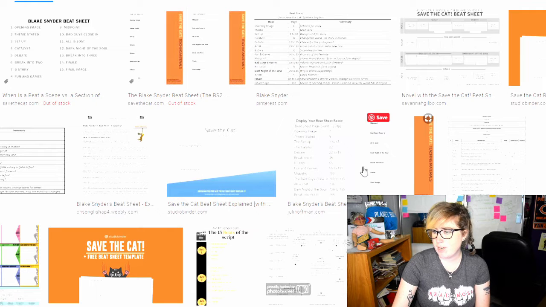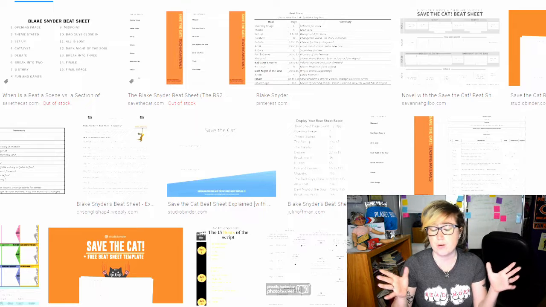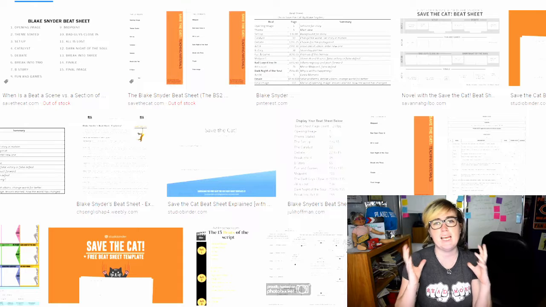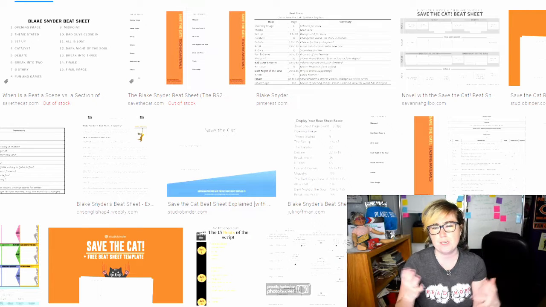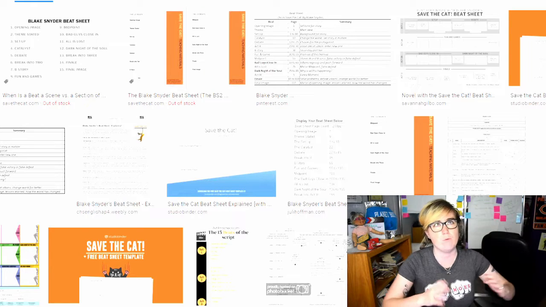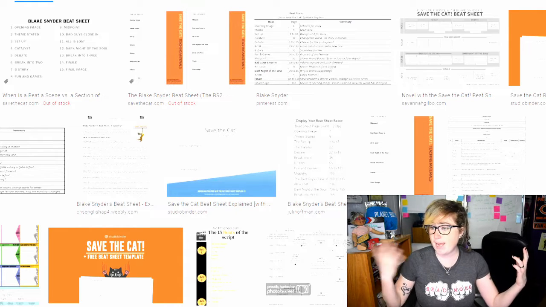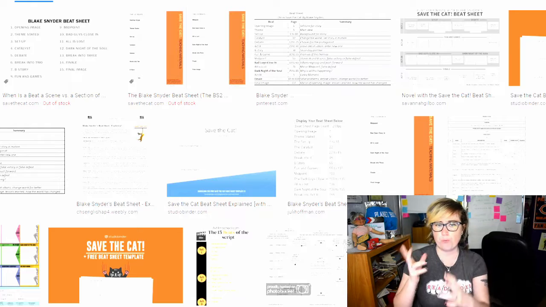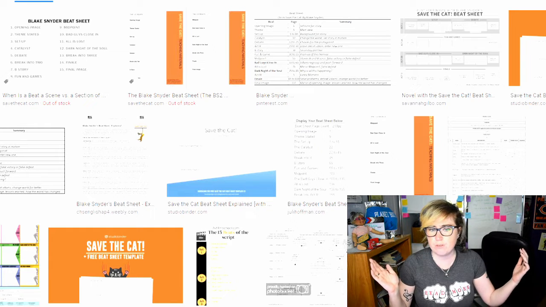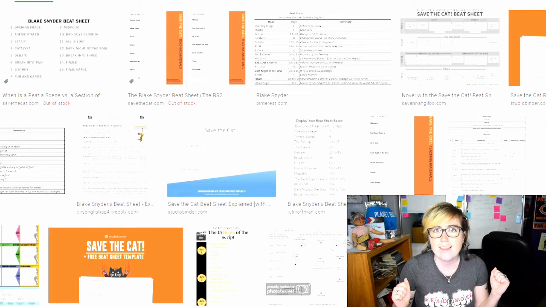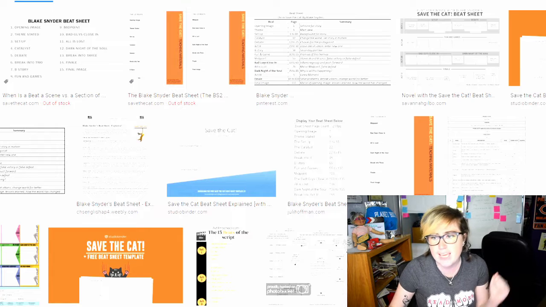So for coming up with the structure of Sculpt Yourself, basically what I did was to come up with the characters, right? I did free writes, I did all of that, and once I had a good idea in my head of what each character's arc was going to be, I knew that I had to plot it out in a way that was going to make sense in a natural progression for the story. I had a premise, I had character arcs, but since there were 3 different perspectives and a bunch of different characters doing different things, I was like, I don't know how to make sure that everything flows smoothly and everything is paced right. You know what? Let's save the motherfucking cat.